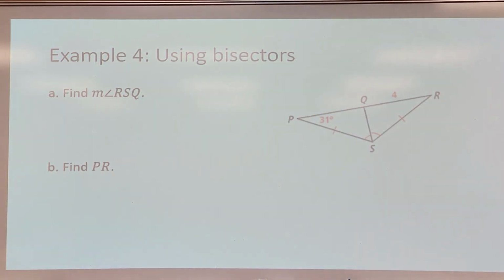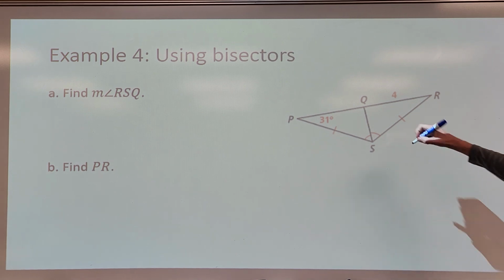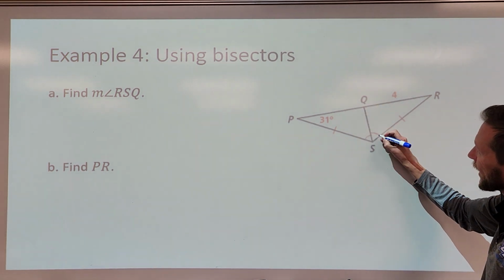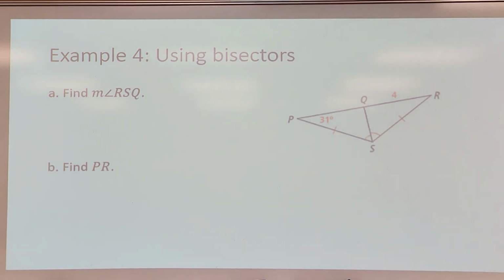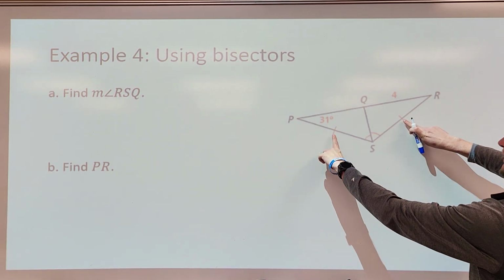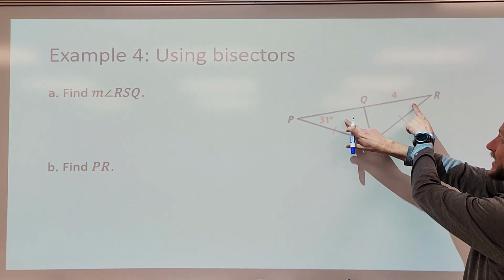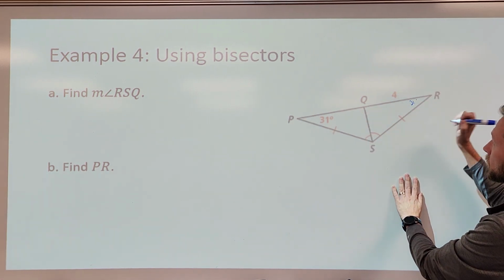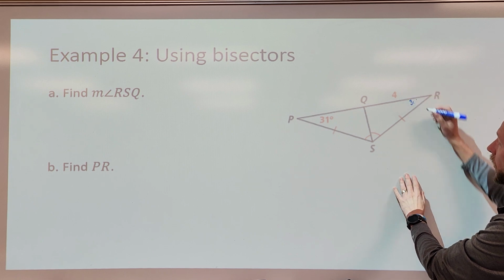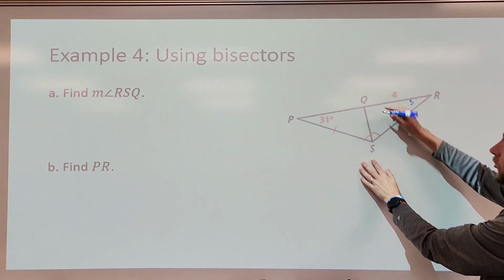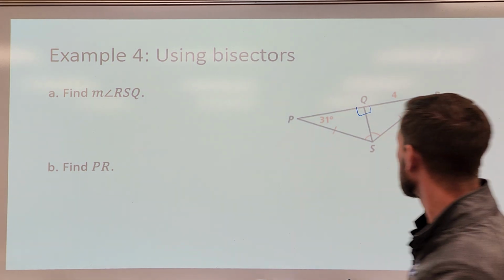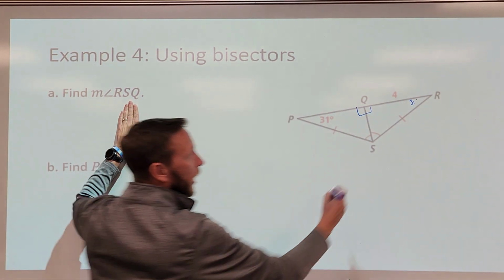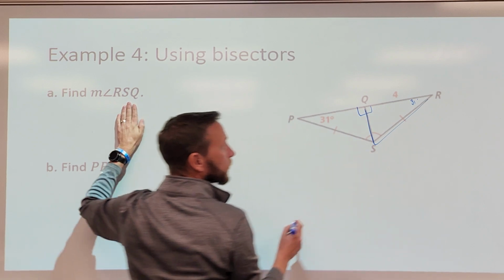So draw that picture as best you can, triangle PRS, and then draw the segment SQ that bisects the angle at S. Right, the big angle at S. What we know about this isosceles triangle is that these angles are congruent to each other. All right? We also know that if I bisected this vertex angle, then that means I've made right angles at Q. So if I'm going to find the measure of angle RSQ, that's this one right here,